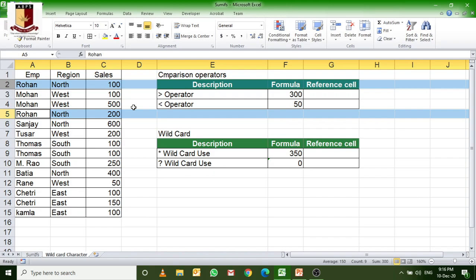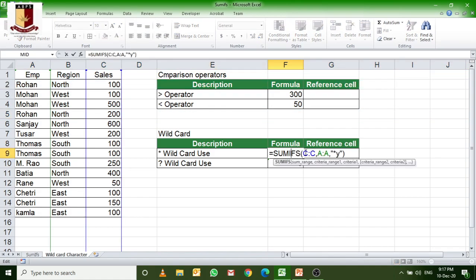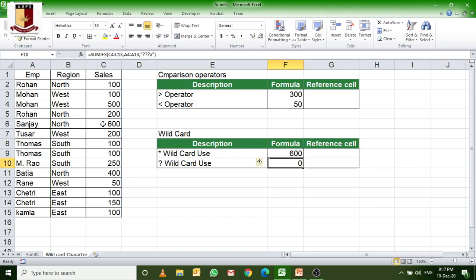The meaning of this is whatever comes before, but it must end with Y. So only Sanjay has text with Y at last, and the cell is 600. So got it?